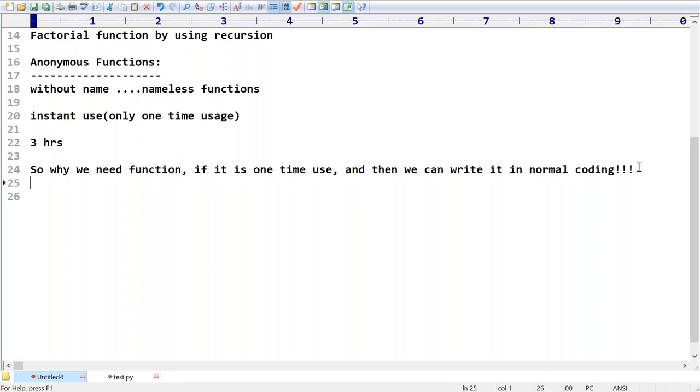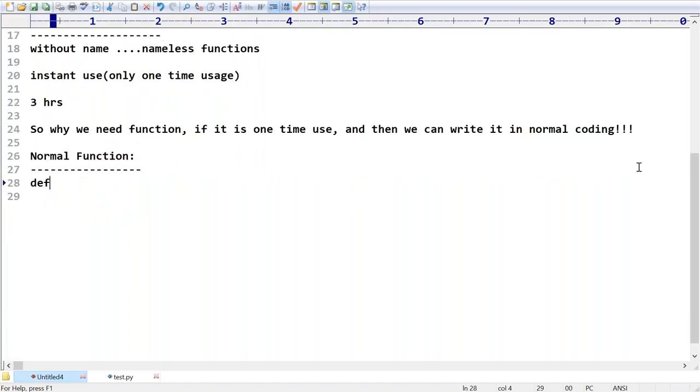Now how can we define a normal function? Suppose I want to do a square function. def square of n, I am taking.